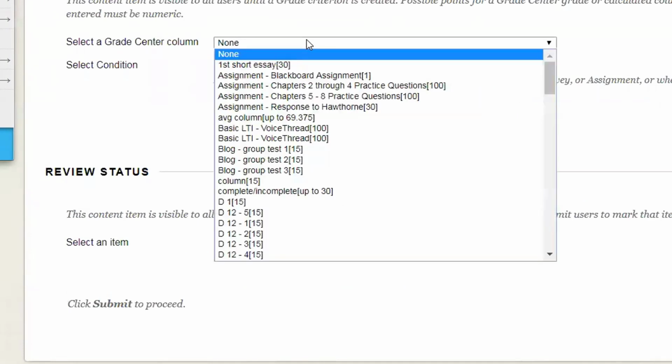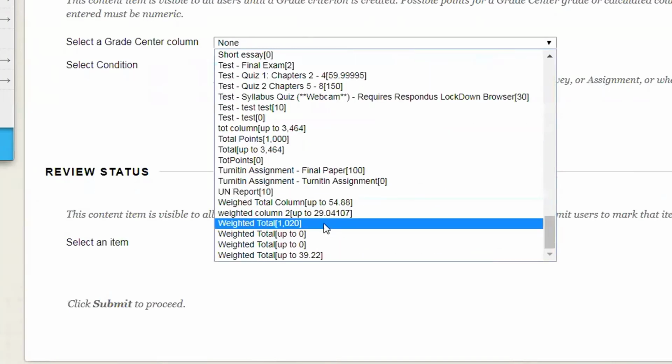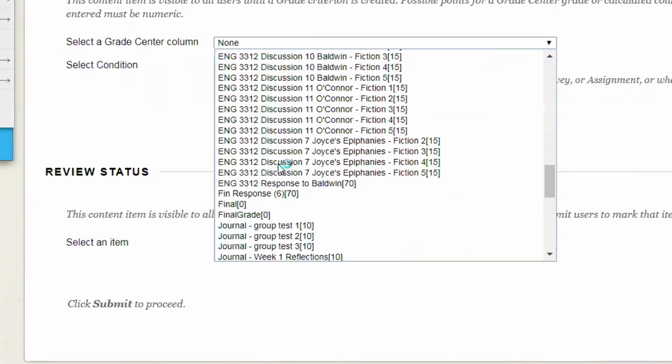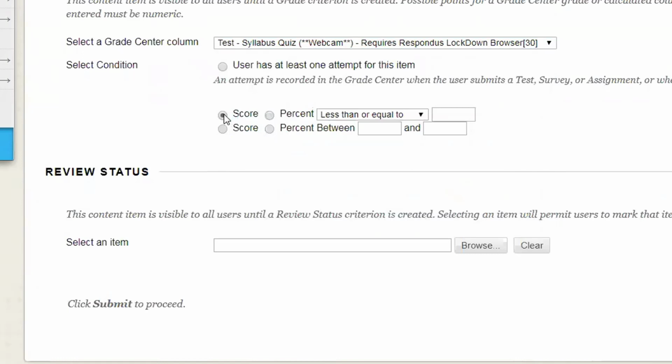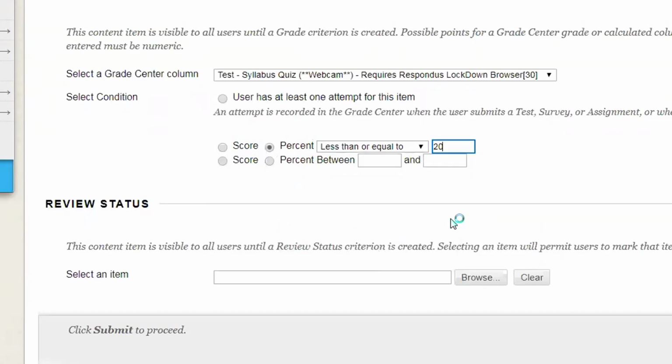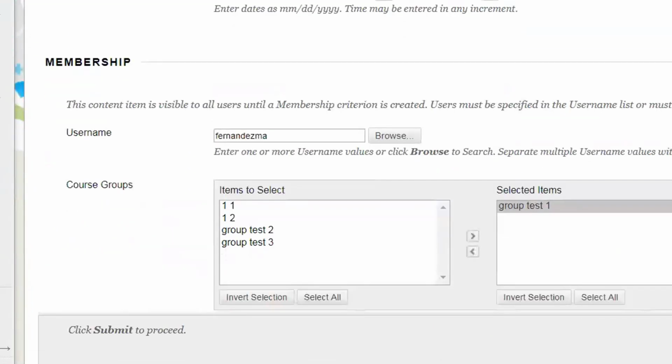Next, I can make a requirement that the student must complete a syllabus quiz or some sort of assignment before they can continue. So I'm going to do the syllabus quiz, and they have to score less than or equal to 20%. So the bar is very low for this one specific item. So when I click submit,